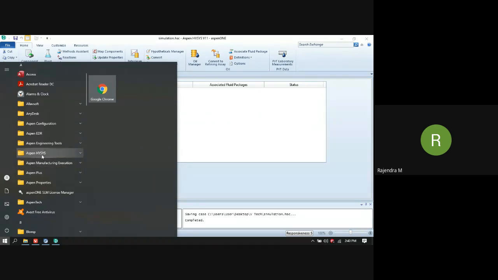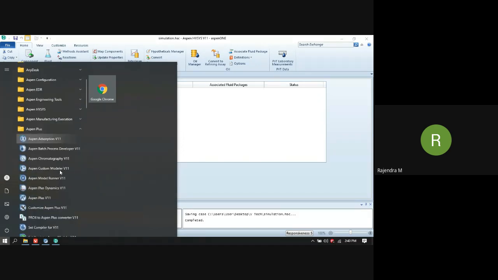Along with that, you have exchanger design and rating, the Aspen heat exchanger design and rating software. After that, we have other software like Aspen Adsorption. You can simulate adsorption columns, then batch process development and chromatography, and so on. Dynamics are also there. Okay.